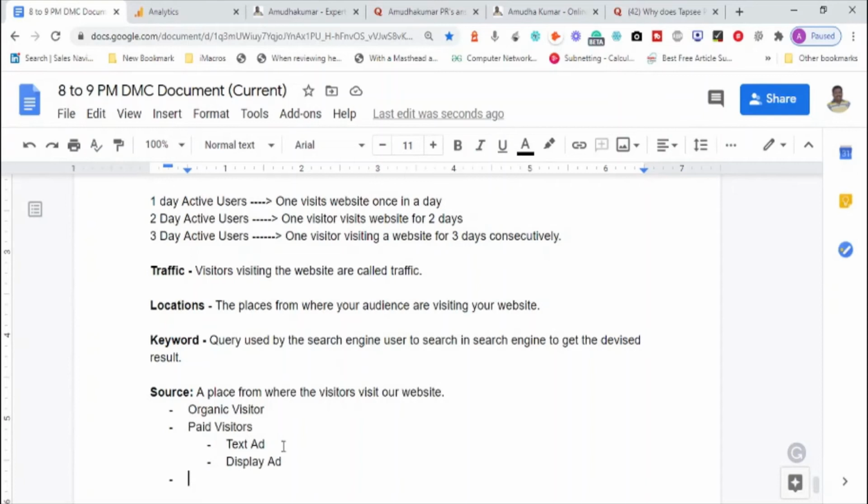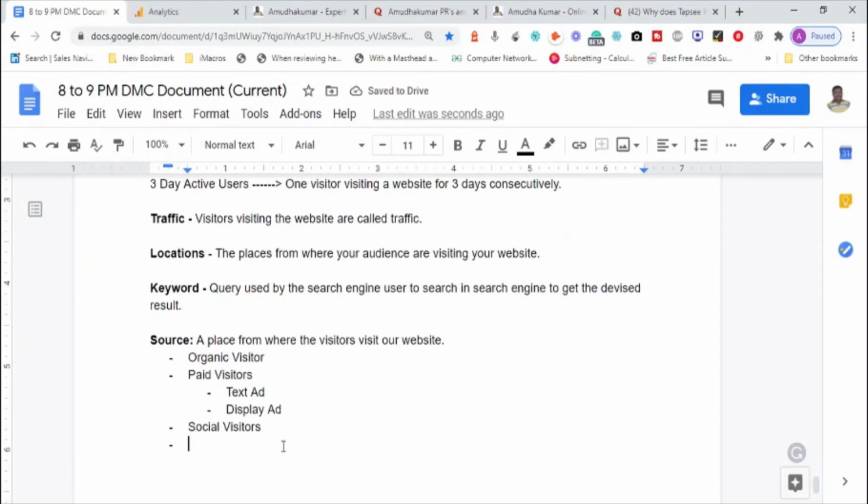The other type of visitors are social visitors, where you drive visitors from social media platforms. Organic visitor, paid visitor, social visitor, referral visitor, which is just coming to your website by clicking a link on another website. Affiliate visitors: creating an affiliate marketing program where the affiliates will sell your product on their website, and those affiliate websites will link to your website.